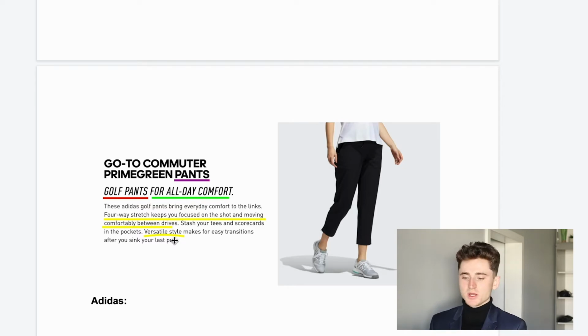So with this, when we are sending people to this landing page, the Instagram and Facebook algorithms will target people who are looking for golf pants, and who also want to find golf pants that they can use every day, and who also consider these unique selling propositions, with a distinguished feature or